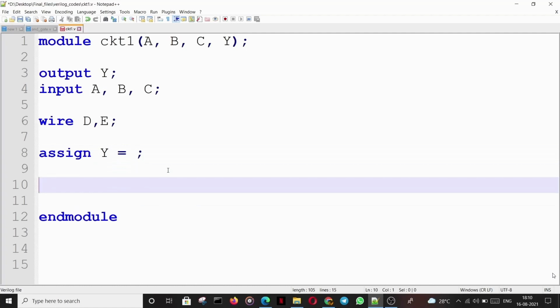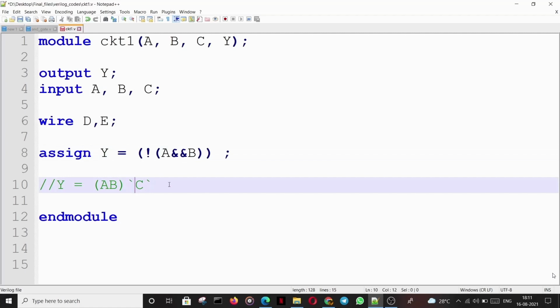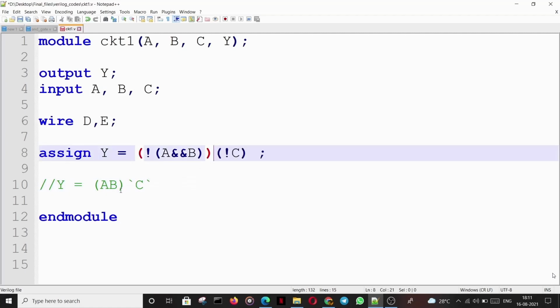Let's try using a single line comment. So we will make use of braces. The expression in the braces will be evaluated first. First we have A logical AND B, and then we have NOT of it, and then we have NOT of C, then NOT of (A and B) and NOT of C.